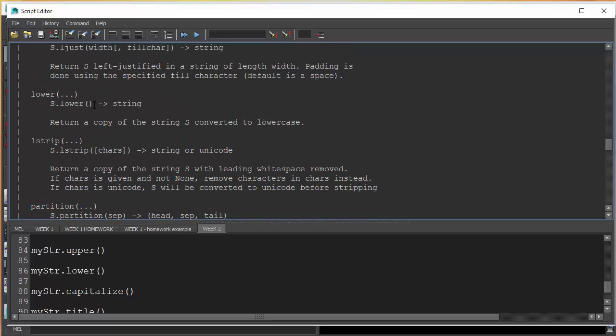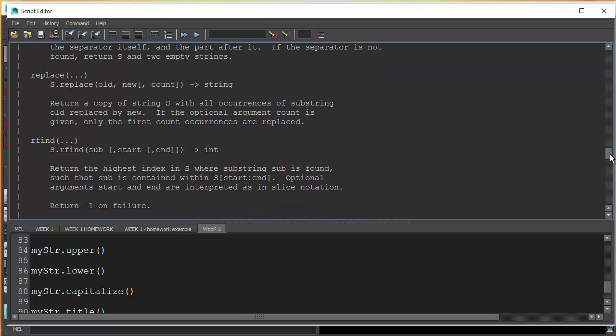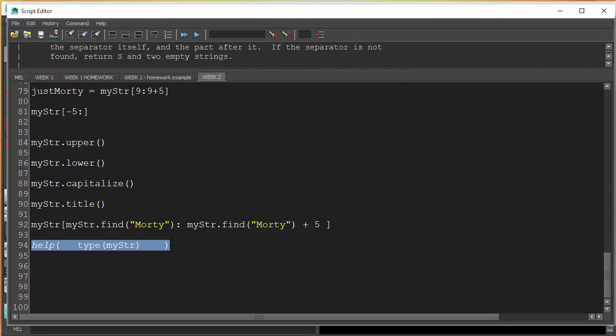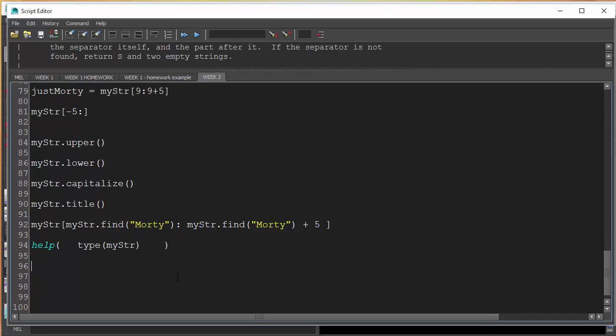Okay, lower will set everything to lower. So we've actually seen a lot of these. We're going to go over a lot of these in depth. One cool one is actually replace, and I will demo that real quick here just because I think it's super useful and I use it all the time when I'm replacing things. So if I wanted to create a new show and I wanted to be in it, I would want to say my string dot replace,